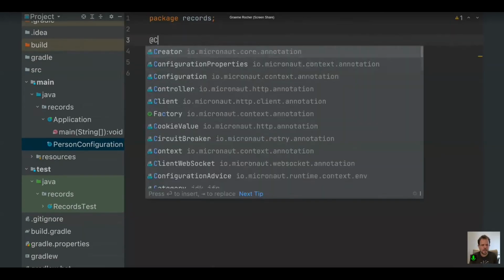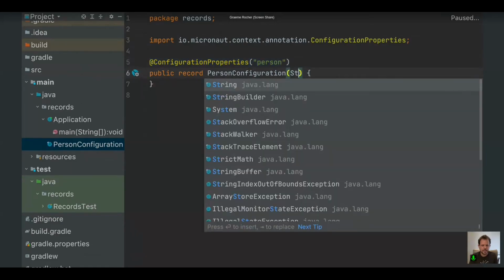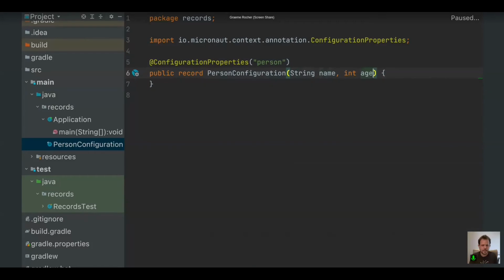And with Micronaut, we have the ability to bind configuration namespaces to classes just by annotating them with @ConfigurationProperties. And that's really cool because I can use record components to configure essentially how a configuration property is bound, rather than having getters and setters